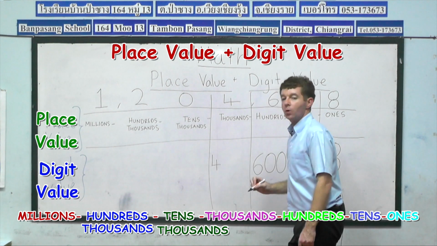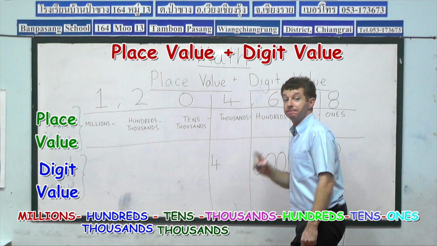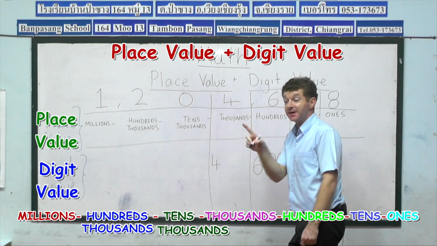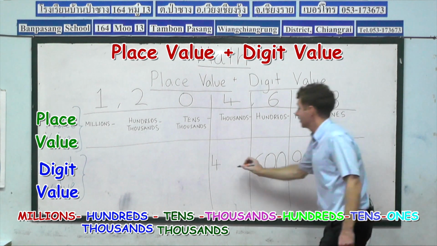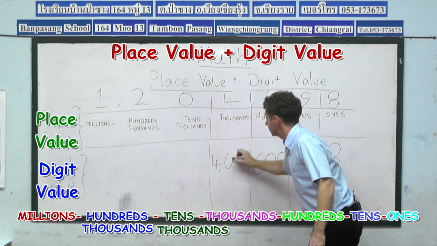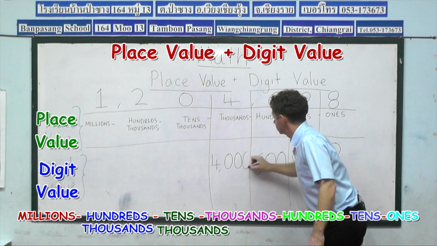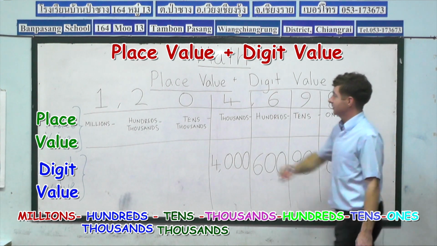4. What's next? 0, comma. Excellent. Remember, after every 3 digits, what do we need? Comma. 4. 0, 0, 0. Excellent. Then